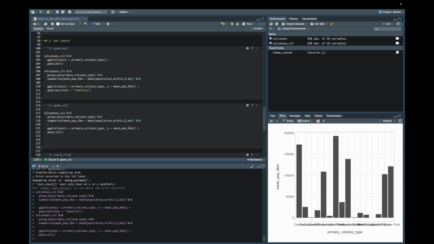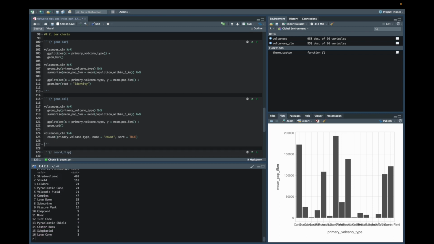So if we had said volcanoes_clean, to give an example of this, and then we said count, primary_volcano_type, name equals count, sort equals true. That creates our counts data frame for each primary volcano type, as we've seen a number of times before. Now, if we wanted to plot that,